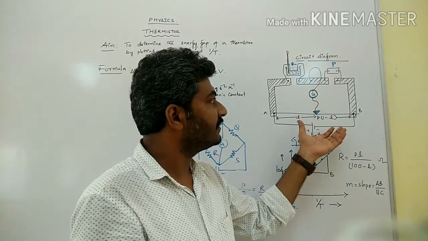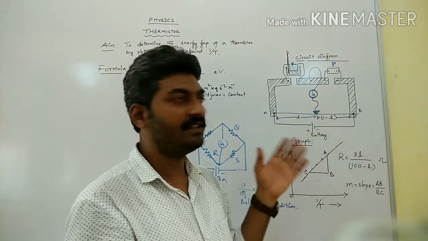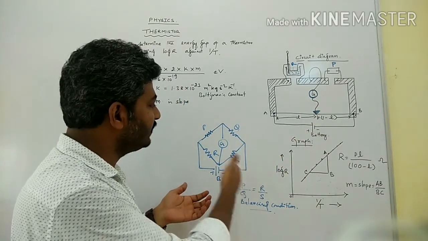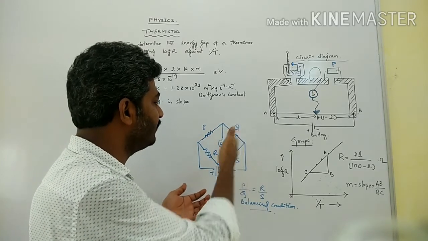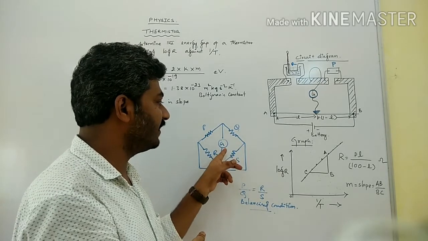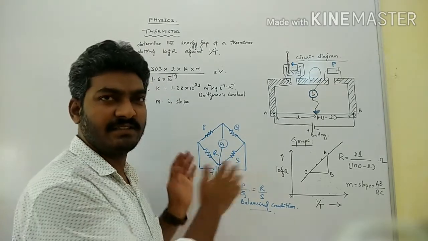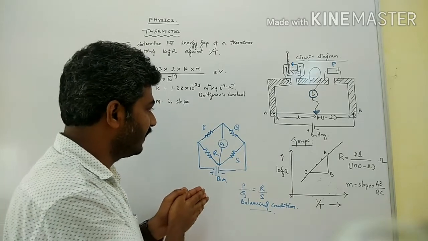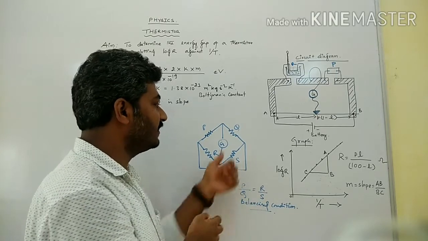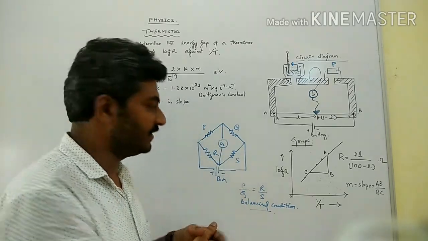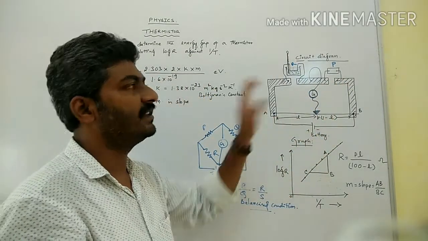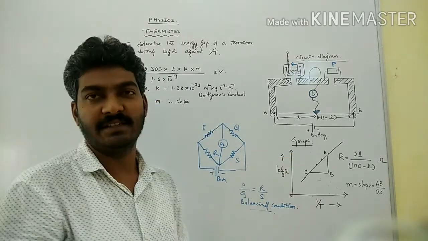Here this is a Wheatstone's bridge or meter bridge. This meter bridge works on the principle of Wheatstone's network. In Wheatstone's network, there are four resistors, P, Q, R, S, in four arms, and the galvanometer is connected in the middle. We have a battery connection. This is a very simple circuit connection. When the bridge is balanced, that is P by Q is equal to R by S, the galvanometer shows zero deflection. This same concept is used in the meter bridge circuit in this experiment.